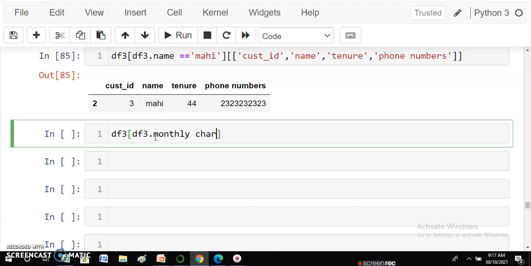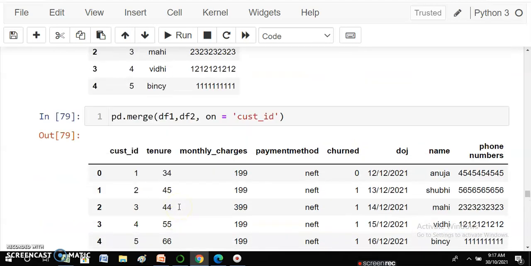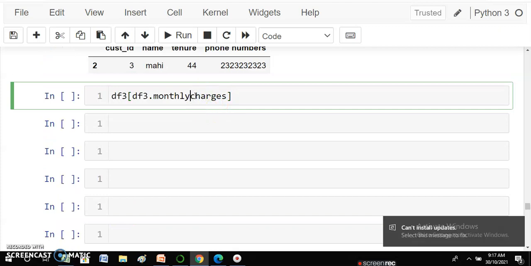Now see again why I'm doing this in front of you: whenever we have a blank space in a variable, then we have to go with the quotes method, but here there is an underscore, so it will run. So you can see here I'm writing df3 dot monthly charges is equal to 199. Wherever this condition is matching, for that I want the phone numbers.